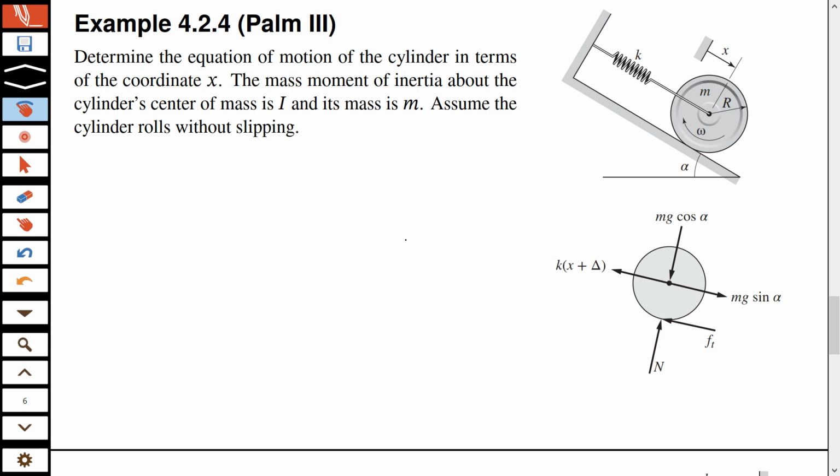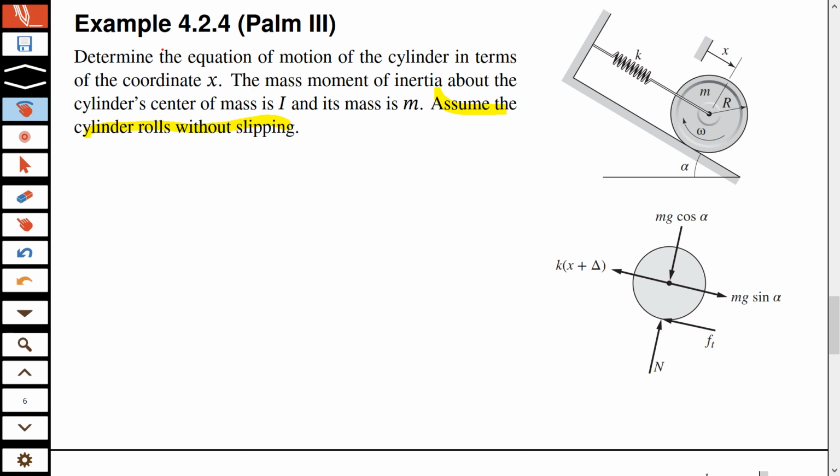Okay, the next one is something which you have seen over and over. Yeah, inclined plane, a rolling wheel, and you see this assumption more and more, okay, without slipping. The only thing which is new in this case is the spring. So of course